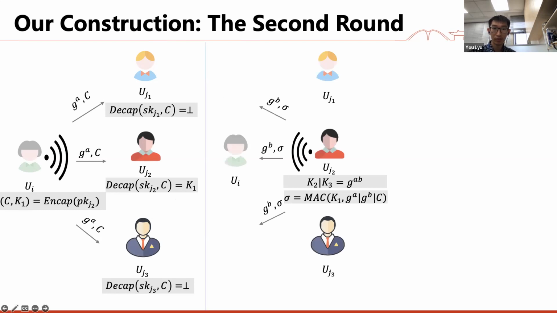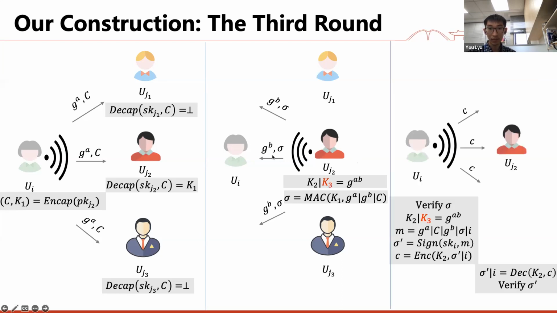Next, user UJ2 computes a Diffie-Hellman key and uses K1 to authenticate the message it receives and the message it sends. The other users will keep silent during the process since they are not the target recipient. Then user UJ2 will broadcast g to the power of b and sigma. In the third round, user UI will check the validity of sigma and compute the same Diffie-Hellman key,